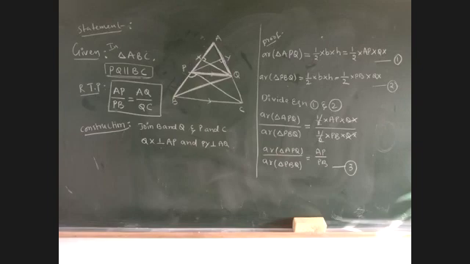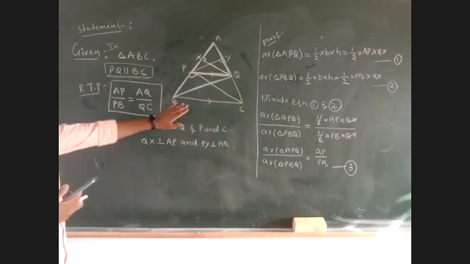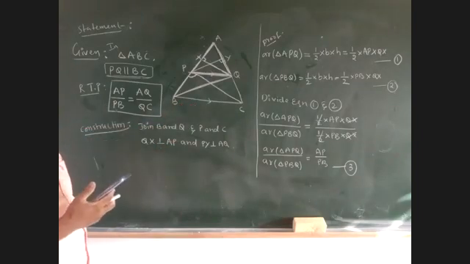In triangle ABC, PQ is parallel to BC. Then after, draw the figure. Completed? Yes, sir. Next, write down